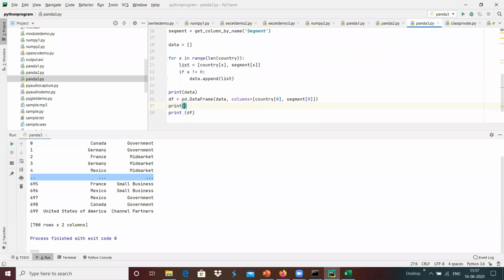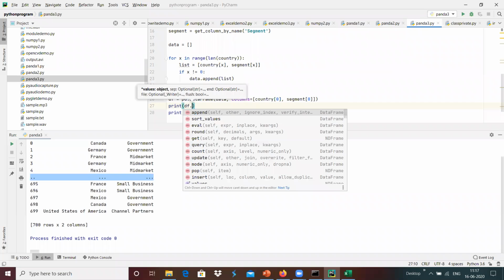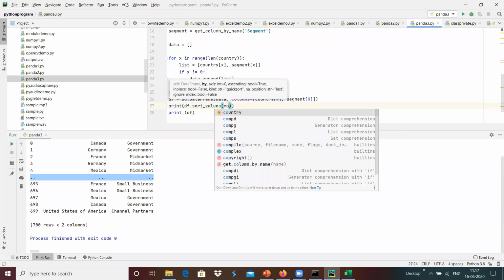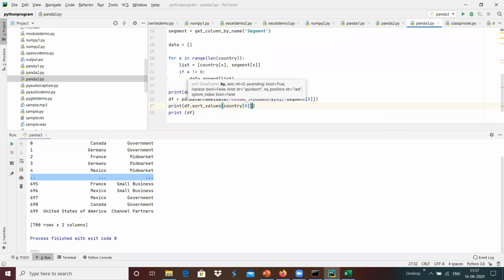Print df.sort_values of country of 0 over here.